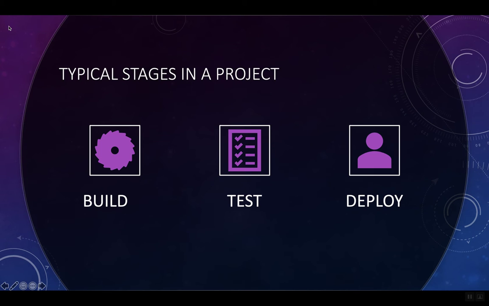And this deployment is usually the release stage of the project to the customers, to the end users. And that is where your product gets highly impacted if things are not going well. So these are the basic typical stages in a project. I am talking about this because if you are a newbie, or if you are new to this world, then this clarification might help to understand what is continuous integration, continuous delivery.